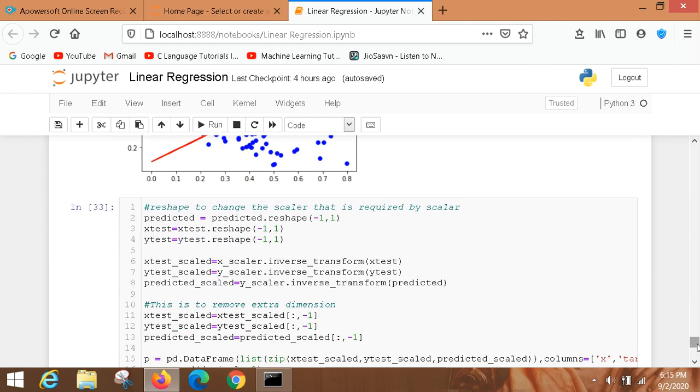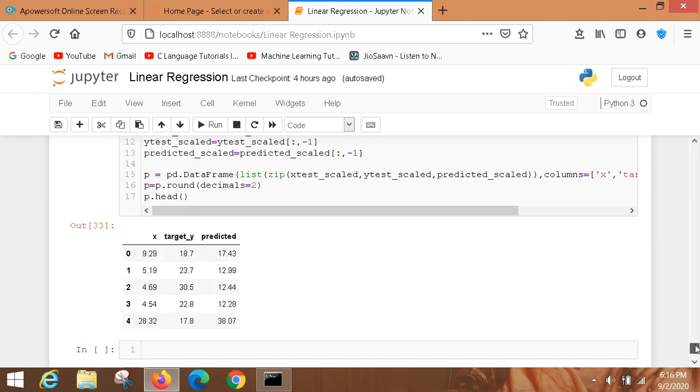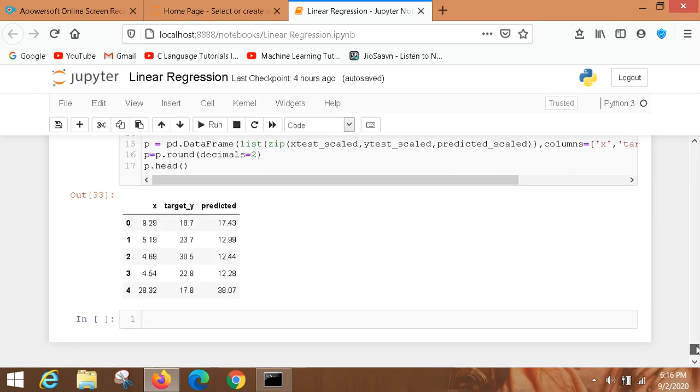In this process we will revert back to the actual house prices. We need to revert back the normalization to obtain the actual house prices. We do that using the inverse transform function, as we can see in the code, and applying this we get the following result. Thank you.